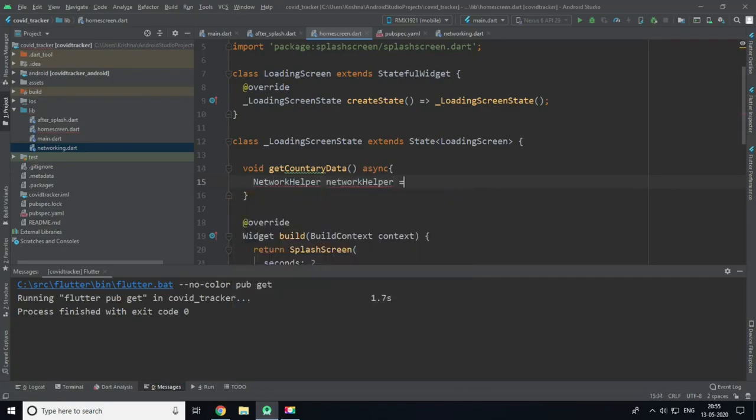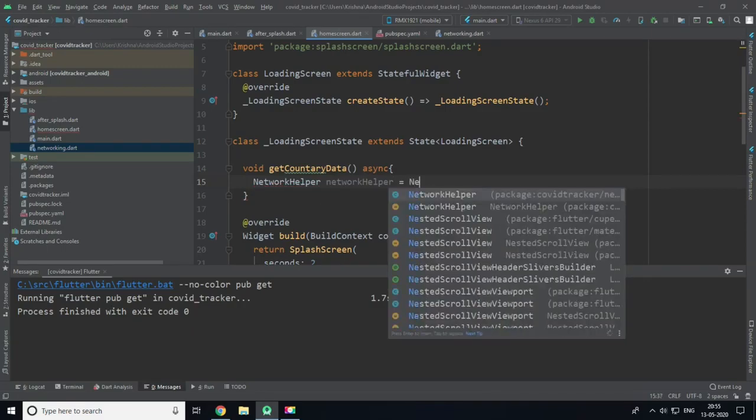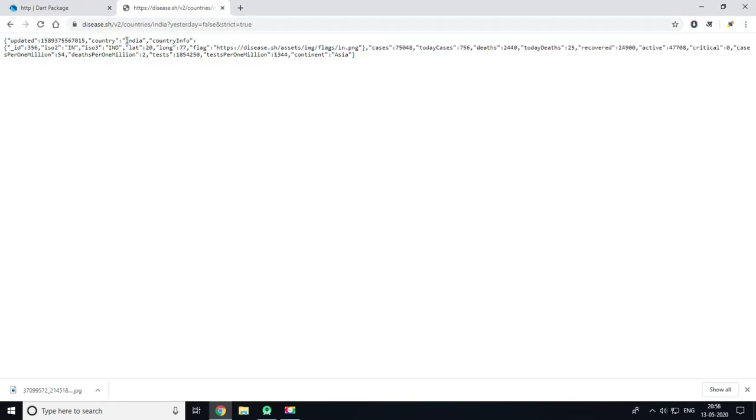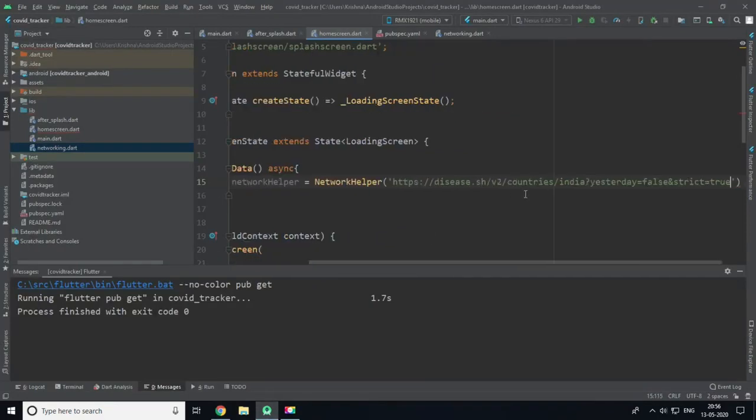So say networkHelper equals the NetworkHelper constructor, and pass here our URL. The URL I'm going to use is this one. It is our API URL, which gives all the data in JSON format for the country India right now, but we will change the value of this country later in this tutorial. Now I will copy this link and paste it here.